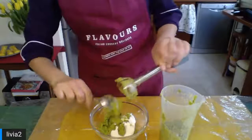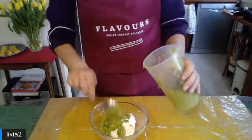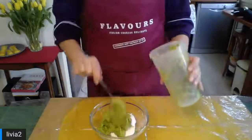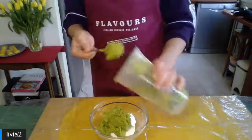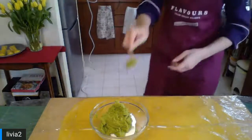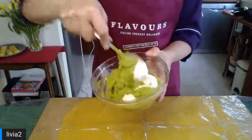So any amount of stuffing that you're making really will not be enough to use in the pasta, because it's going to be a lot of stuffing for the shape that you have to fill up. So it could be that you have to find another way to use the stuffing. And usually pasta stuffings are perfect to make